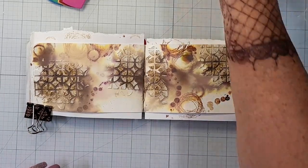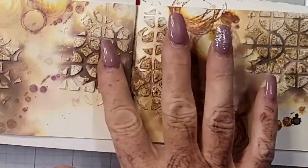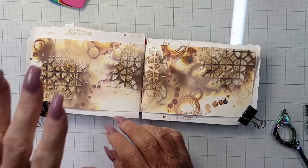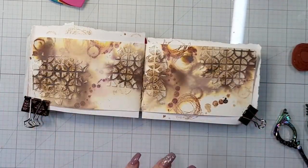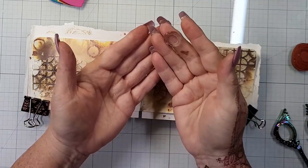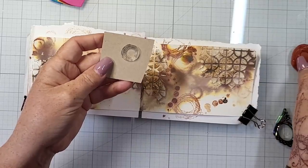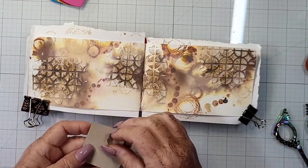I put the Vintage Photo Distress glaze and I heated it up on these spaces, and then I decided that I wanted to come in and add some more to the background. So I used this, kind of mimicked like a coffee stain, but I also used this little coffee stain. It is tiny though, so that's why I wanted something a little bit bigger. So you can see I have some bigger ones and some smaller ones, but I'm gonna go in and do